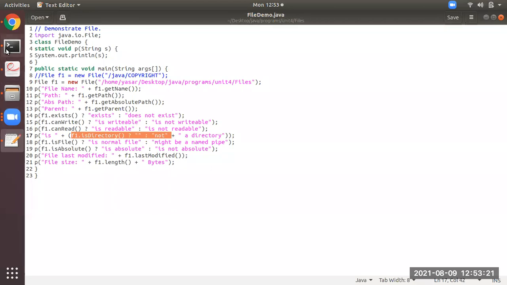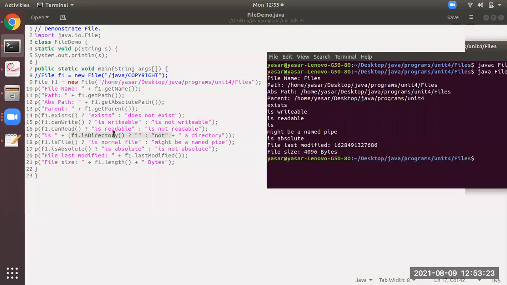It's not a problem, but what is the ternary operator? This is the ternary operator, students. See, the question mark is the first expression. After the question mark, that is the second expression. After the colon, that is the third expression. So you see the first expression is directory. Yes, true. So the answer will be expression 2. So that is, you can see over here, space.